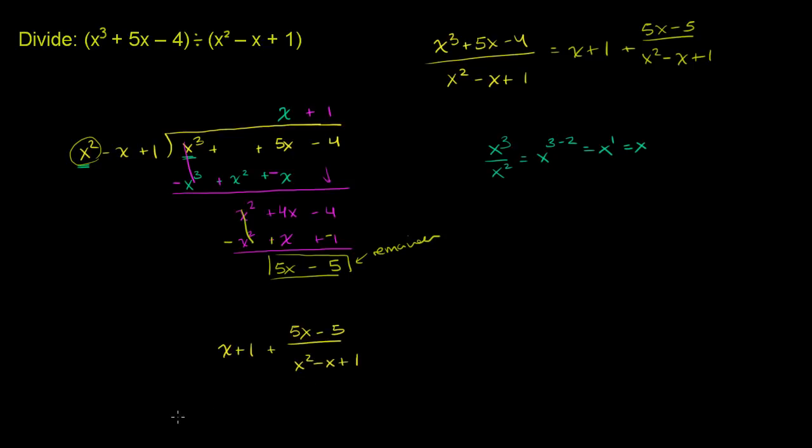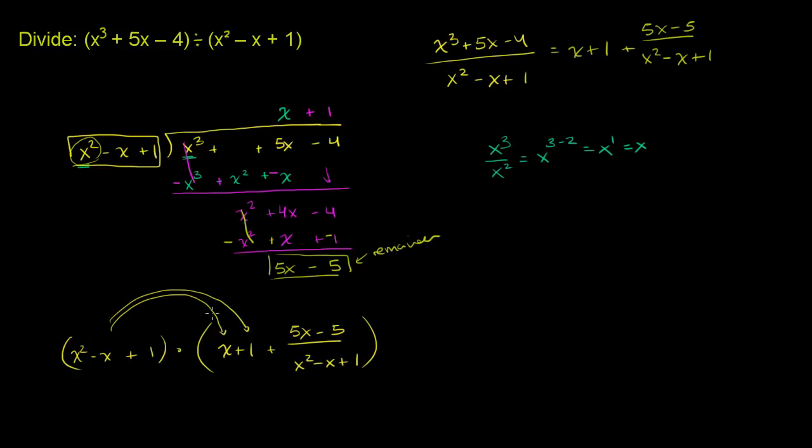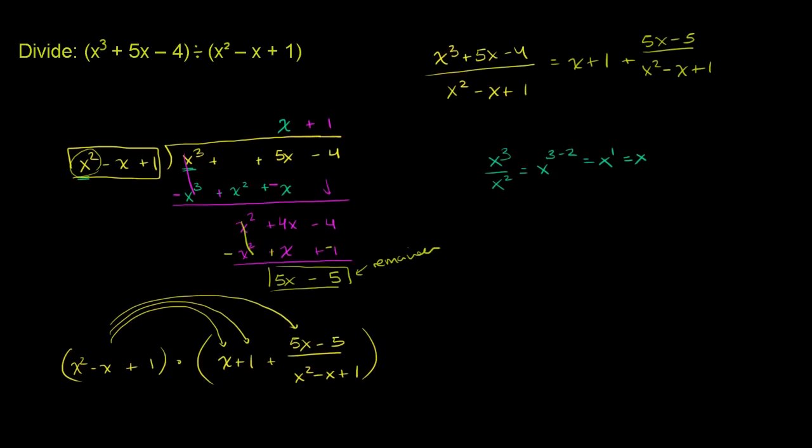And we can check that this works. If we take this thing over here and we multiply it by this thing over here, we should get the x to the third plus 5x minus 4. So let's do that. Let's multiply it by x squared minus x plus 1. And to do that, let's just distribute this whole trinomial times each of these terms. When we do the first term,